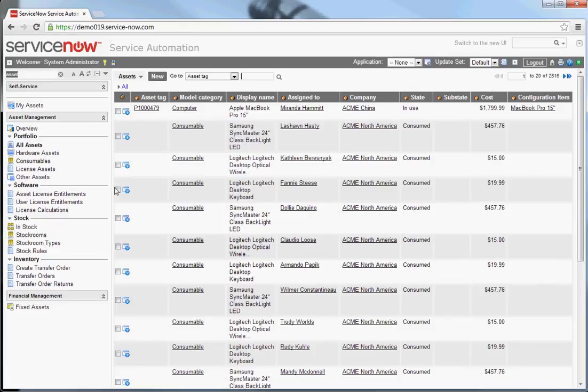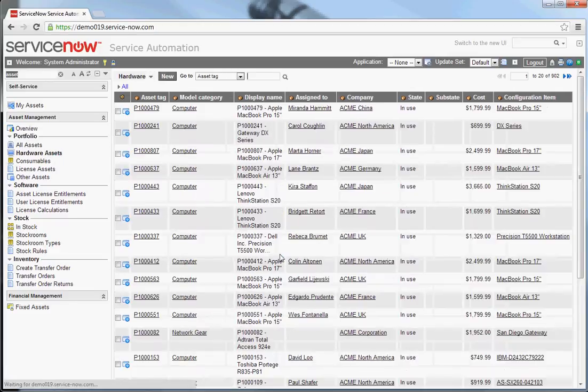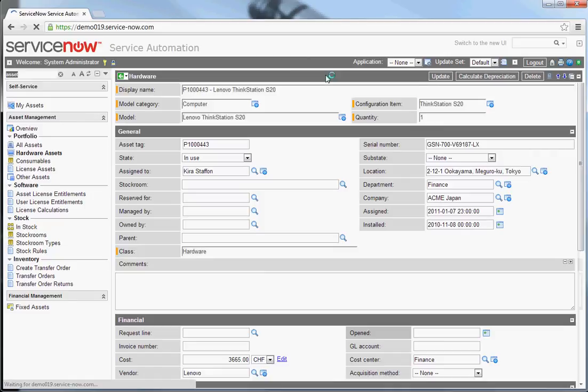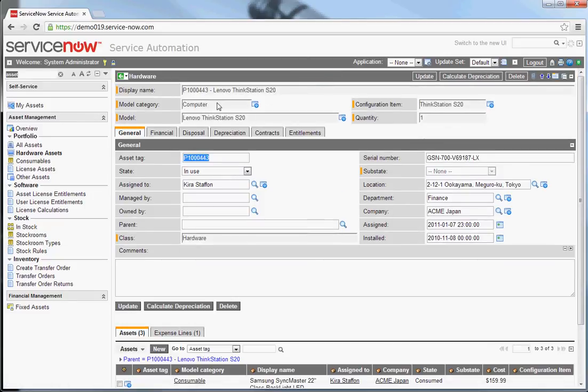So let's look at, actually I'm going to go to hardware assets now, and let's look at one of these. And you can see how it ties together, in this case, to a configuration item, because out of the box the system is set up that a computer model category gets a configuration item. So for the life of these two records, they are linked together the way the system is built out of box. So you can see here the physical information about this asset: serial number, asset tag, who it's assigned to,